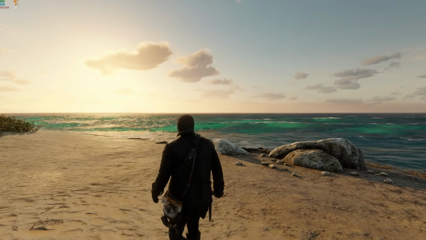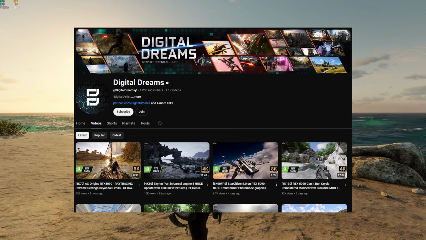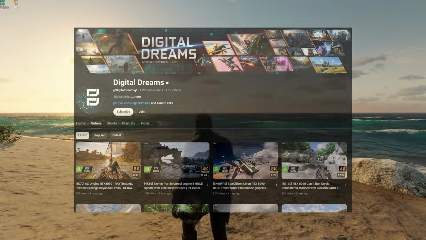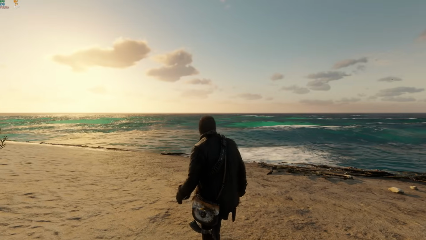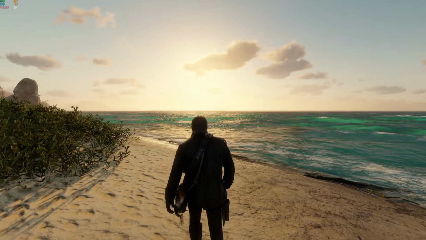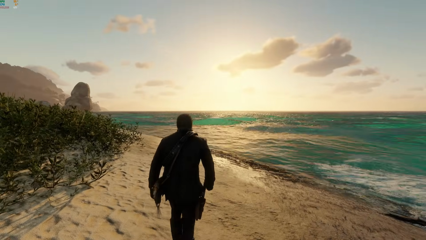Speaking of mods, I have to give a shout out to Digital Dreams on YouTube for their incredible Red Dead Redemption 2 mod showcase. The level of detail they achieved is insane, and it really shows what's possible with the right tweaks. But of course, even with amazing mods,